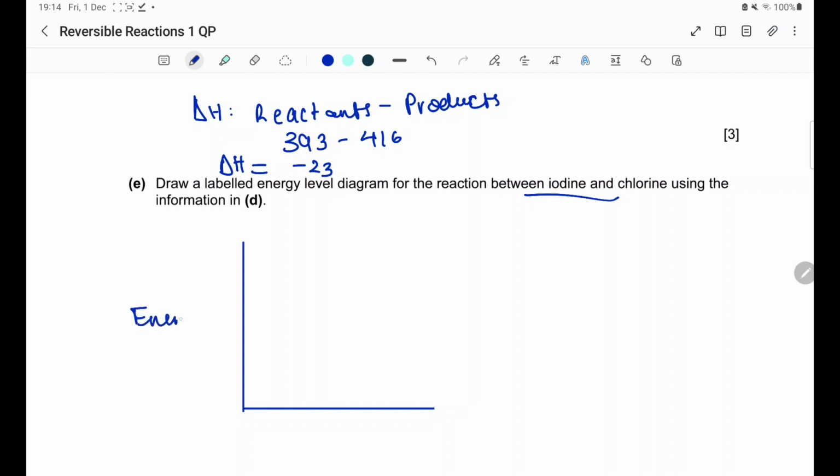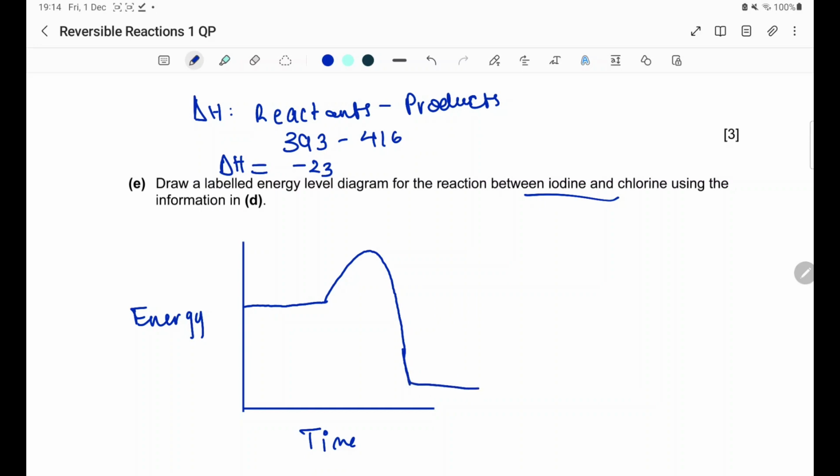So energy over here and time maybe, and this will be your reactants, this is your activation energy, and okay, this thingy is supposed to look a little like a mountain peak. I mean, they're not gonna look for such artistic details, but